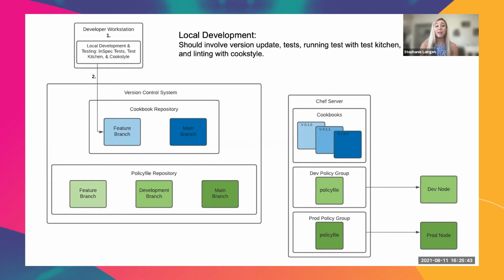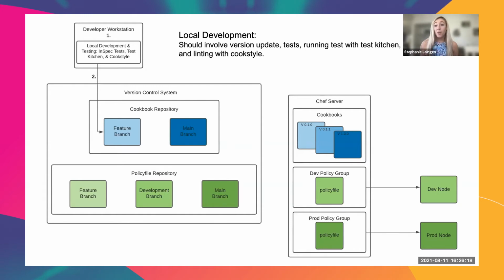And I recommend these steps as best practice when you are making a change to any code, right? To have linting, to have tests, and to have some sort of version update or version change. It just really helps across your organization for everyone to be on the same page, know that your changes aren't breaking anything, and know that your changes aren't breaking any style rules either. The next step is for the developer to push this code onto a feature branch in GitLab. Again, this is version control agnostic, but we're using GitLab in this example during the demo.